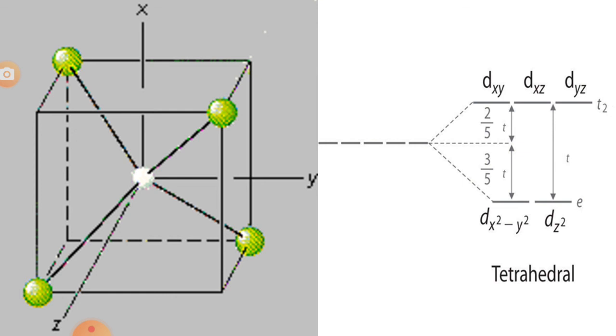In the second stage, the ligand approaches the metal such that the tetrahedral geometry of the complex is attained. In this case, the ligands do not directly approach any of the metal d orbitals, but they come closer to the T2g orbitals like dxy, dyz and dxz, which are directed to the edge of the cube, than to the Eg orbitals. The Eg set is dx square minus y square and dz square. So the Eg orbitals are directed to the centers of the faces of the cube.